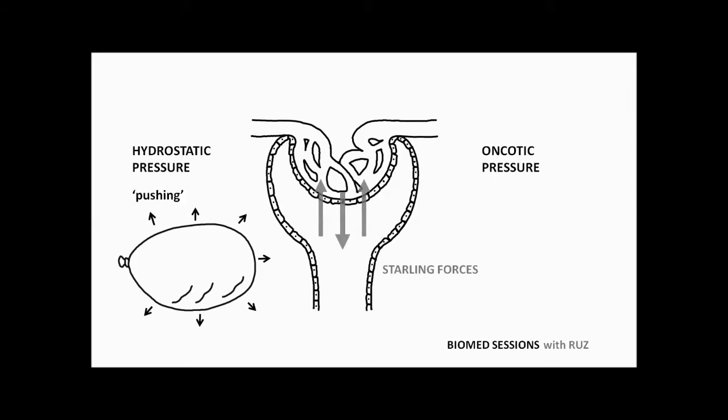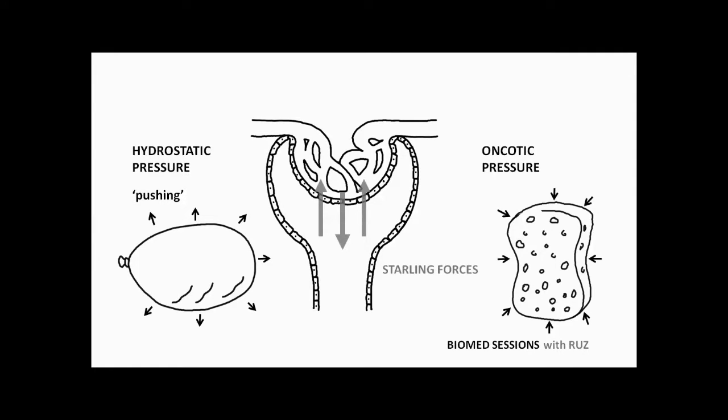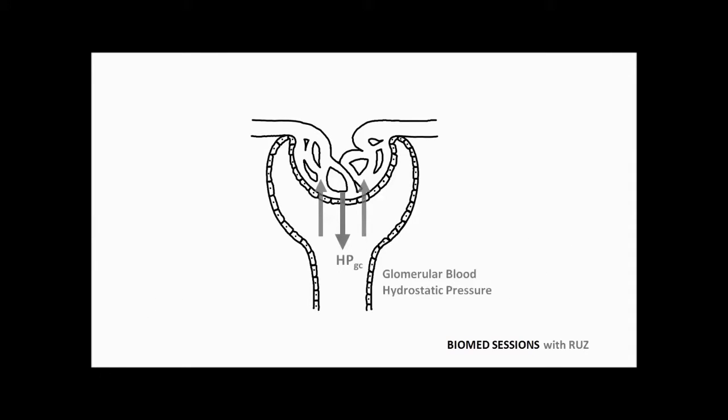Oncotic pressure is pressure exerted by plasma proteins on the walls of the compartment in which they are contained. It kind of has a sponge-like effect, encouraging fluid to be drawn in, therefore I like to think of oncotic pressure as pulling. The major driving force for filtration is the hydrostatic pressure of the glomerulus, which forces fluid out